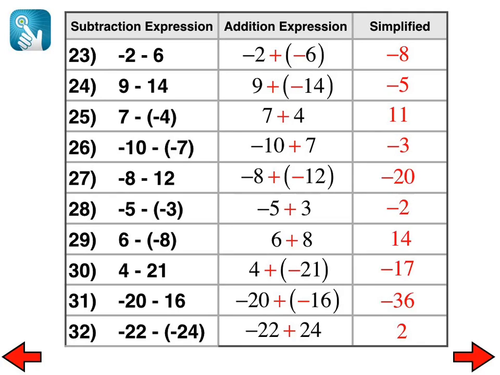Okay, so let's take a look at number 33. I'm not switching over up here because I know a couple of you are writing things down. Number 33 states that using the integers 6 and 2, create an addition expression or a subtraction expression that will simplify to negative 4. Go ahead and try number 33.